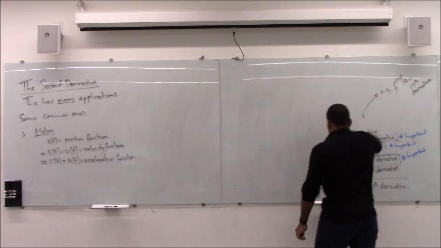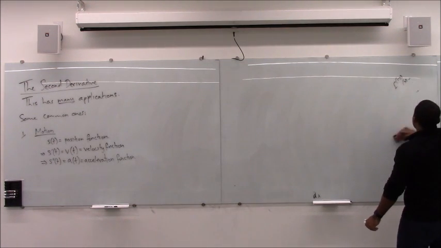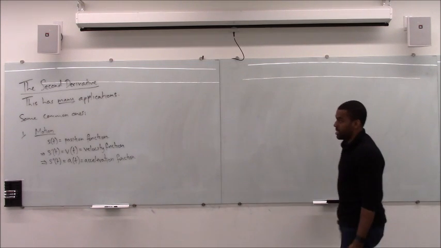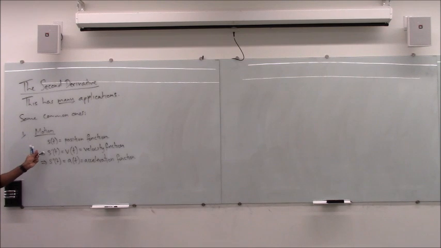So third derivative, we won't apply it, but position, velocity, acceleration, we're going to talk about that because it's a very important thing. This is where am I? How fast am I going? Am I speeding up or slowing down? Those are the three questions that these functions can help you answer, and the second derivative comes in handy